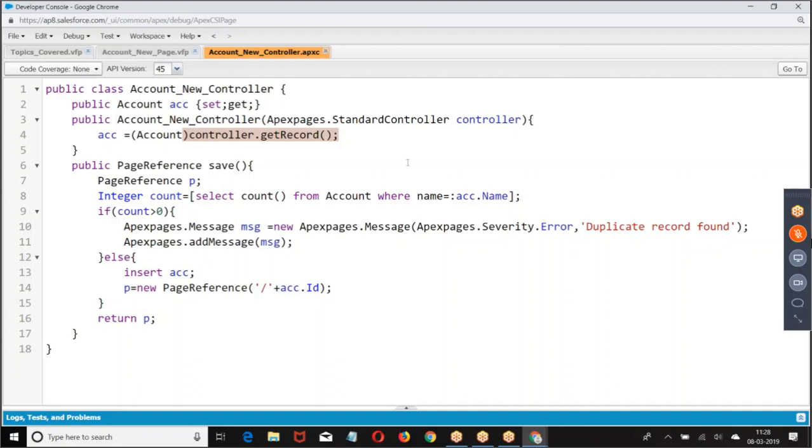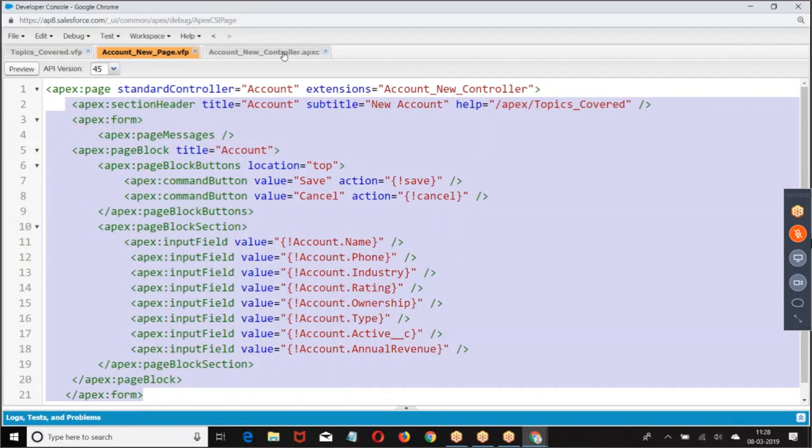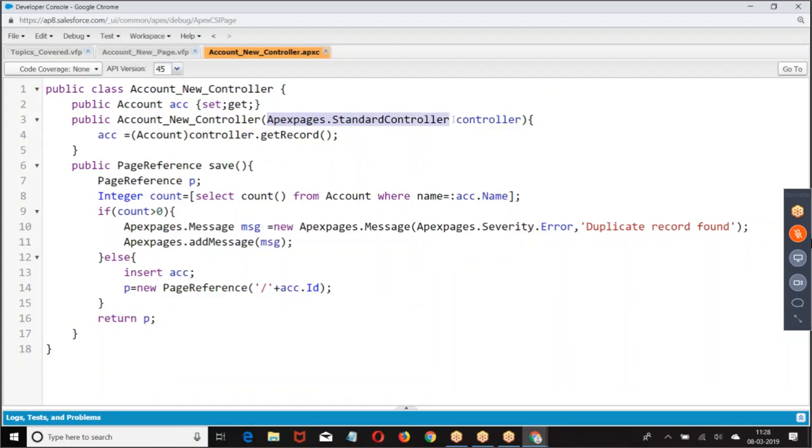Satish, can you explain about Apex page dot standard controller one more time? Whatever record we are referring to here in the VF page, that record will come here as Apex pages dot standard controller. Now, from the page, account may come, contact may come, opportunity may come. That is the reason it is taking sObject. So before we use it, convert it into the original format. So Apex pages dot standard controller will refer to what? One single record. Which record? Whatever we are using in the VF page, that record is coming here. Was that clear?